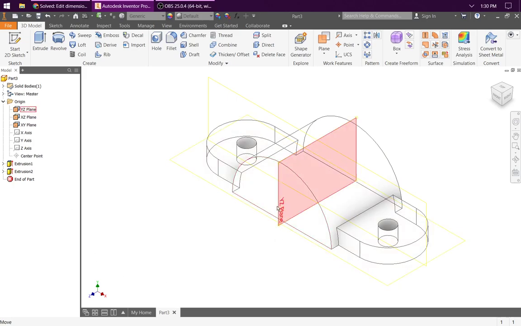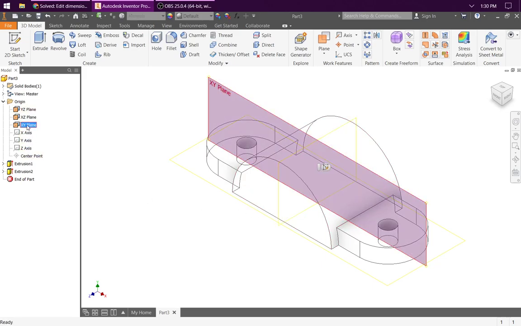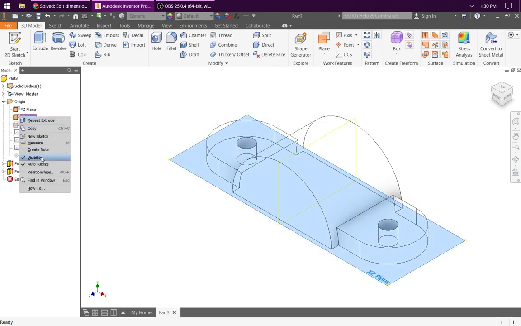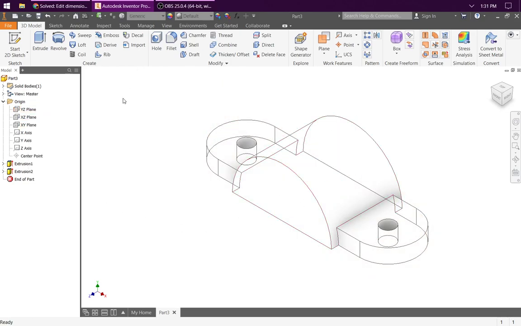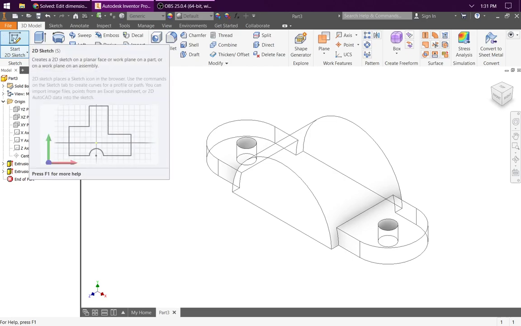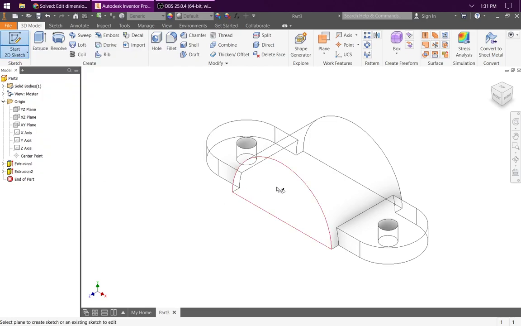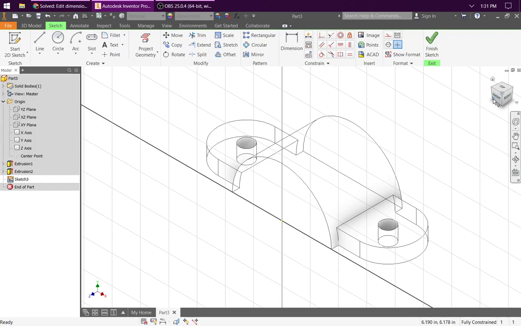Now we're going to create a rectangular cut that goes through this entire thing. We can either make the cut, I'm going to turn off the visibility of these planes because they are kind of getting in my way. You can, as the book shows you, make your sketch on the front face. You can also make your sketch on the XY plane if you extrude it in both directions. I'm going to follow what the book asks us to do. We'll sketch it on this face, and I'm going to turn to face it,